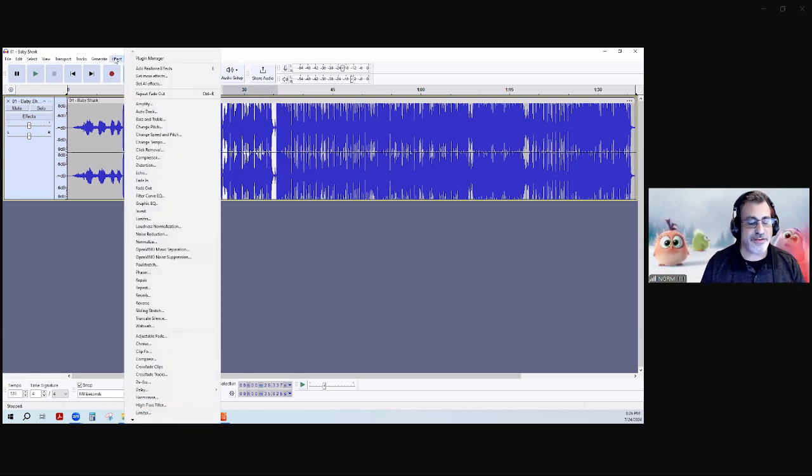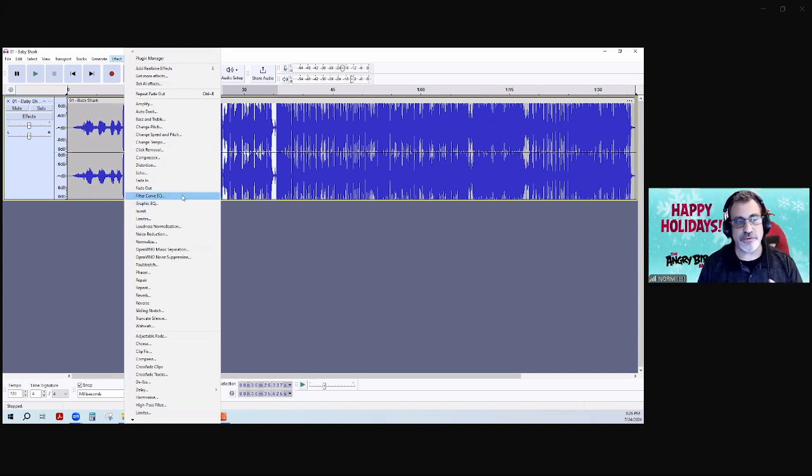The one thing about Audacity too, which is different than some other DAWs, they've started adding what they call real-time editing. Audacity typically has been: you have to stop it, you have to select what you want, make your change. You can preview it, but then you have to go back in and play it, and if you don't like it, you can do it again. So that's one of the nuances. They're working on real-time editing.